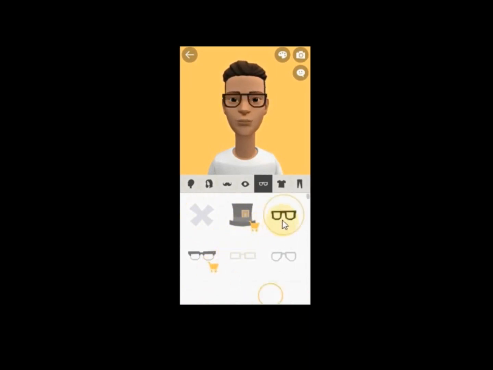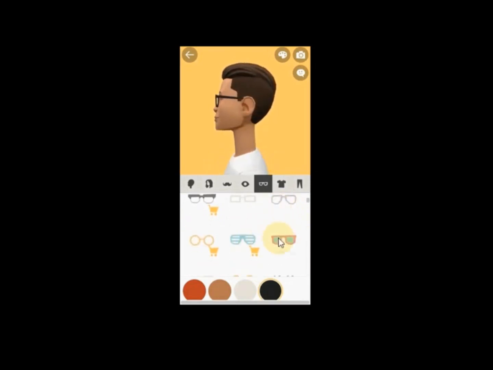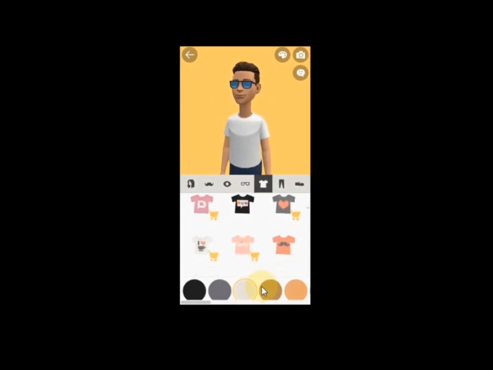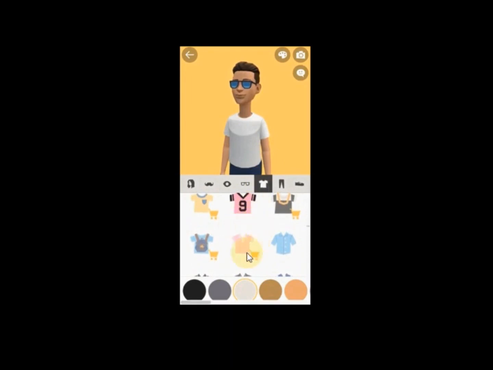Let's come to the glasses also. You select anyone you want here, any color, any kind. When you come to the dressing, the same thing. You choose any shirt you want. These are the shopping ones that you can shop for online. They are for sale online.